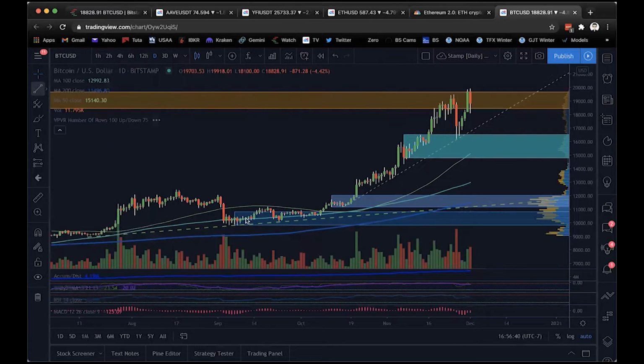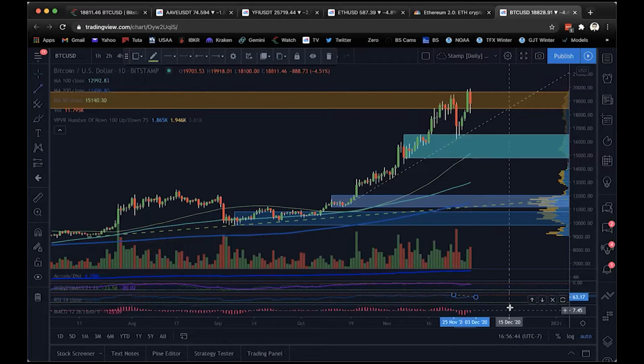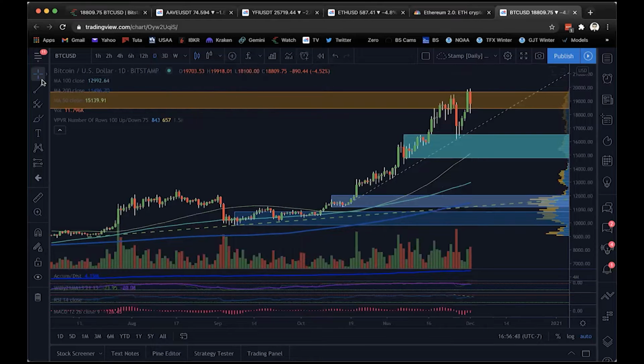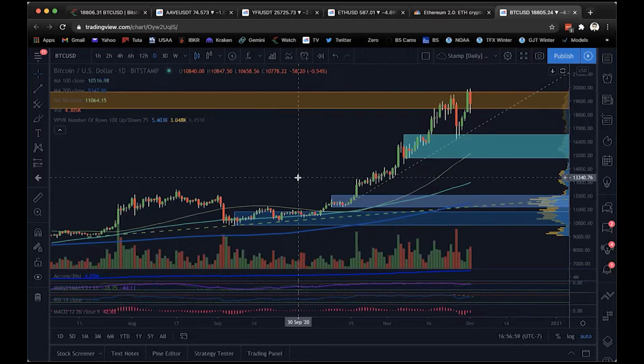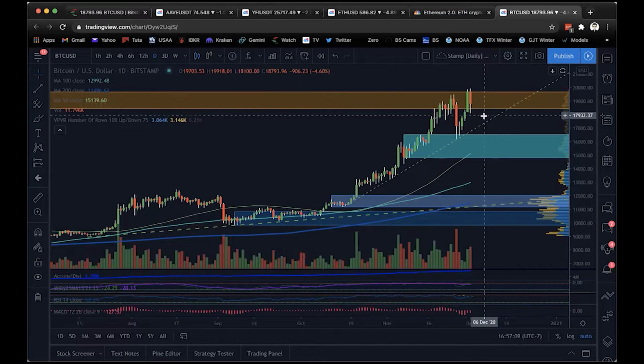Let's just put a trend line on this RSI here, and you see how this is coming down while we made new highs here. So there are definitely some divergences that need to be cleaned up. I don't think we can go straight to all-time highs over the next 24 to 48 hours, but I think it's highly likely, maybe over the weekend or coming into next week,